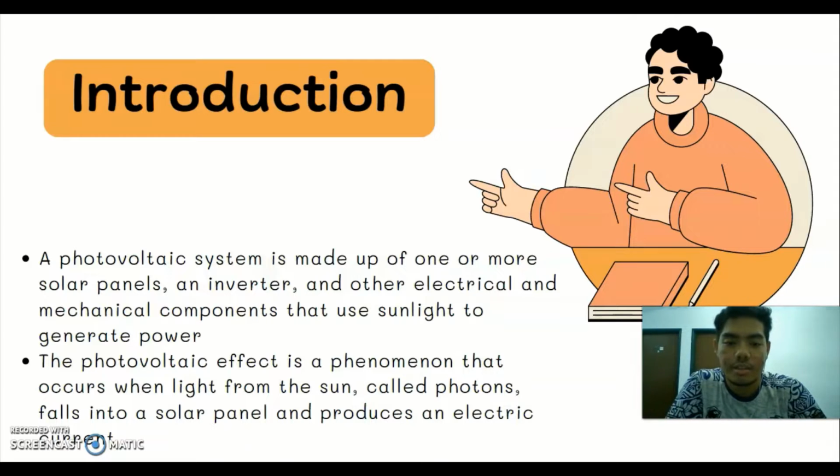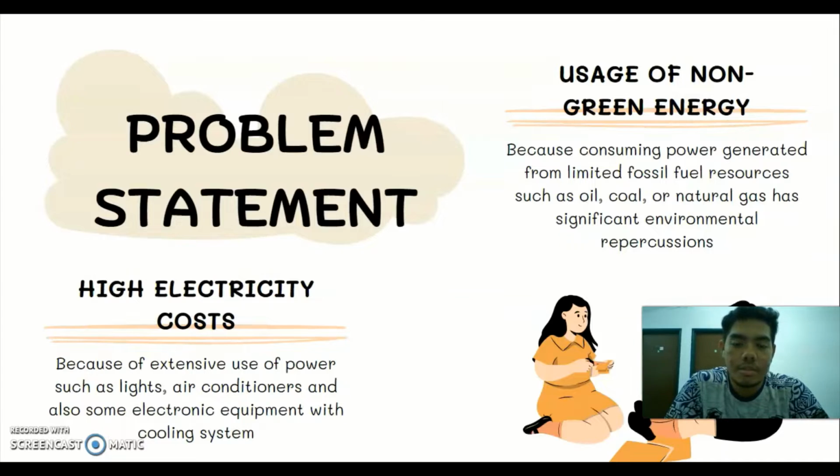inverter, and other electrical and mechanical components that use sunlight to generate power. The photovoltaic effect is a phenomenon that occurs when light from the sun, called photons, falls onto a solar panel and produces an electric current. So for the problem statement, for this case study, it is obviously a high electrical cost that we have to pay